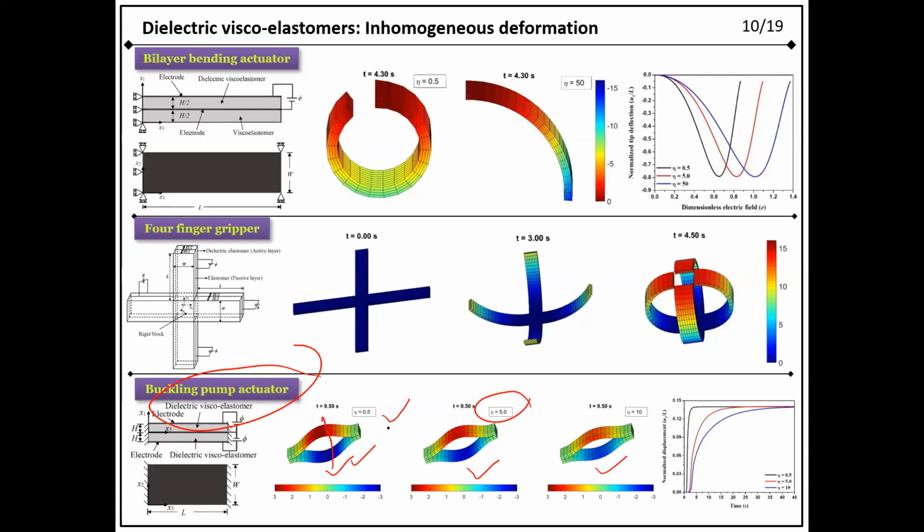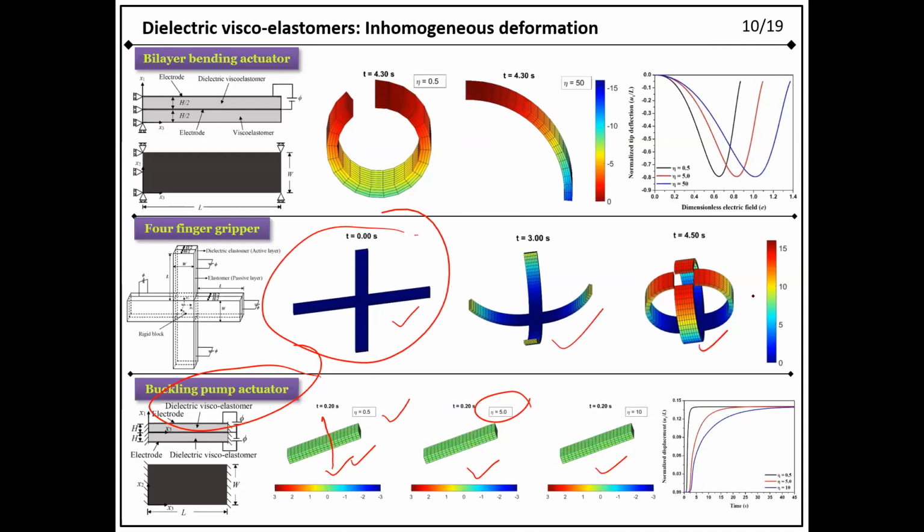Here it is a pump, or buckling pump, made up of such kind of materials, and we can also find the application in the gripper case. We can also make a 4-finger gripper, and this showcases the deformations for grippers made up of such materials. And you can observe from here that a deformation like an elephant trunk can be obtained if we utilize such kind of materials.